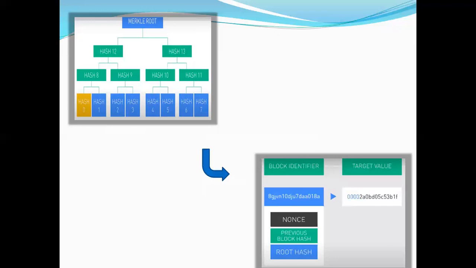Now the term hashing difficulty is regularly adjusted by the protocol, ensuring that the rate at which new blocks are created remains constant and proportional to the amount of hashing power devoted to the network. Therefore, every time new miners join the network, the competition increases and the hashing difficulty will rise, and that will prevent decreasing the average block time. In contrast, if miners decide to leave the network, then the hashing difficulty will go down, keeping the block time constant, even though there is less computational power dedicated to the network.